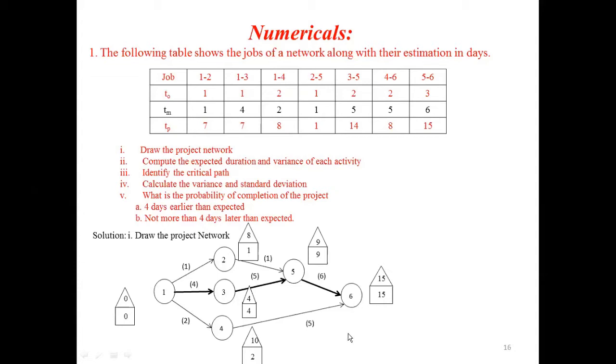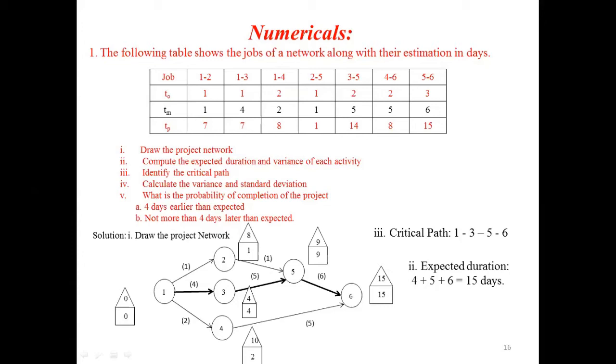Out of these three paths, the maximum time taken is by the path 1 to 3, 3 to 5, and 5 to 6. That is 4 plus 5 is 9, 9 plus 6 is 15. Therefore, identify the critical path. Path 1 is 1, 2, 5, 6. Path 2 is 1, 3, 5, 6. Path 3 is 1, 4, 6. Out of these three paths, path 1, 3, 5, 6 is the critical path because it will consume more time,